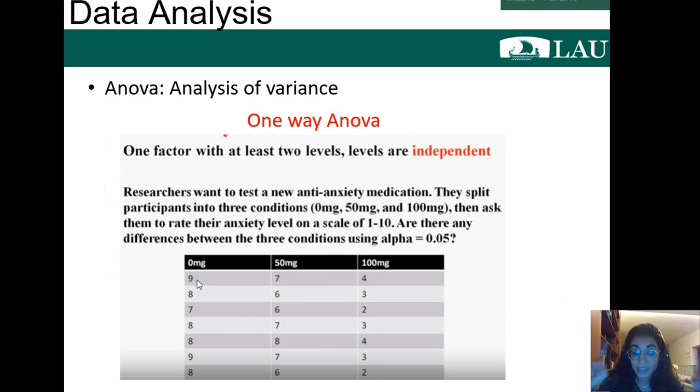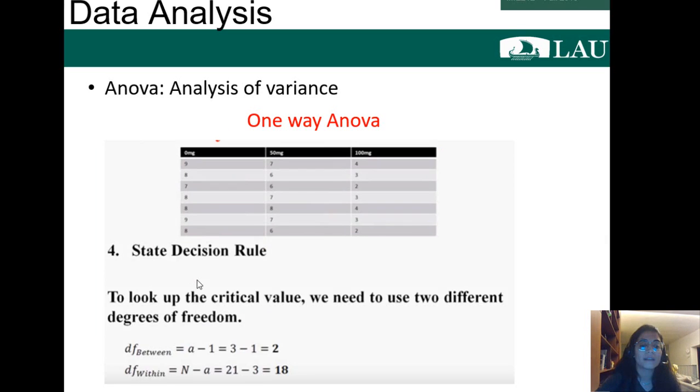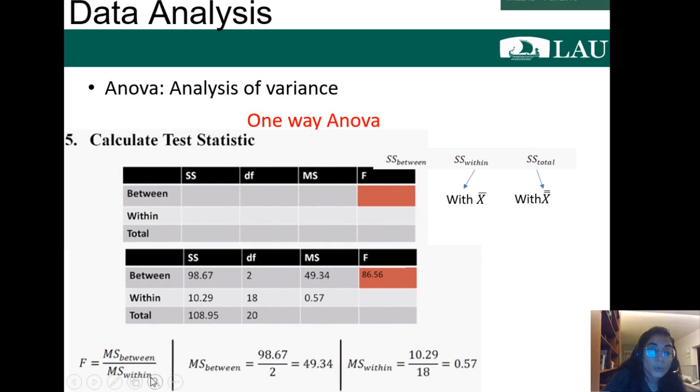So F is the ratio of the mean square of variance between groups over what? Over the mean square within the groups, within each group. What does this mean? So guys, if I need to find if they have the same mean, I have to know what is the variance of each group and what is the